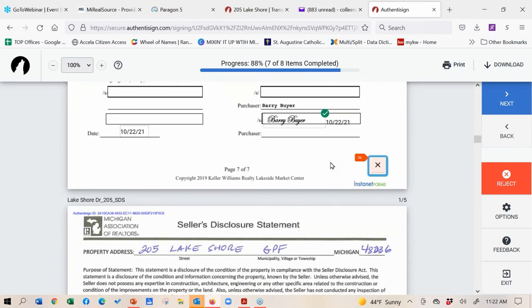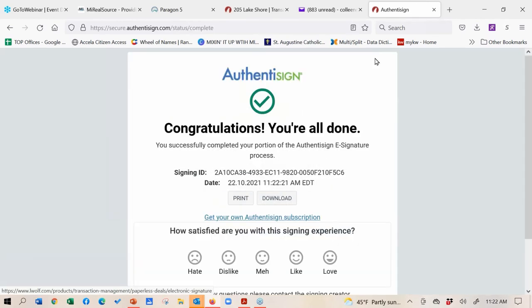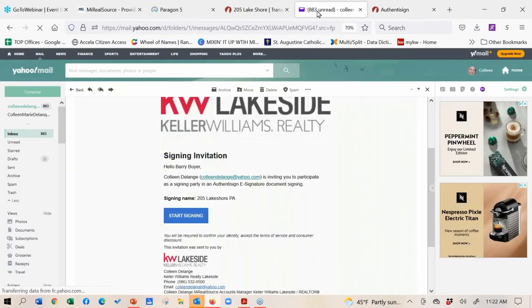Now, the first time that they go in, it does give them the option to use this pre-generated font. However, they can also now upload their real digital signature, or they can create a digital signature using their mouse or their touchpad. So all it's going to do is guide them to every single place for signing, and they're going to hit complete signing. That's it. It's still in beta, so they can print it off, download it, and even give how their signing experience was. Now what's going to happen is if I go back to my email,